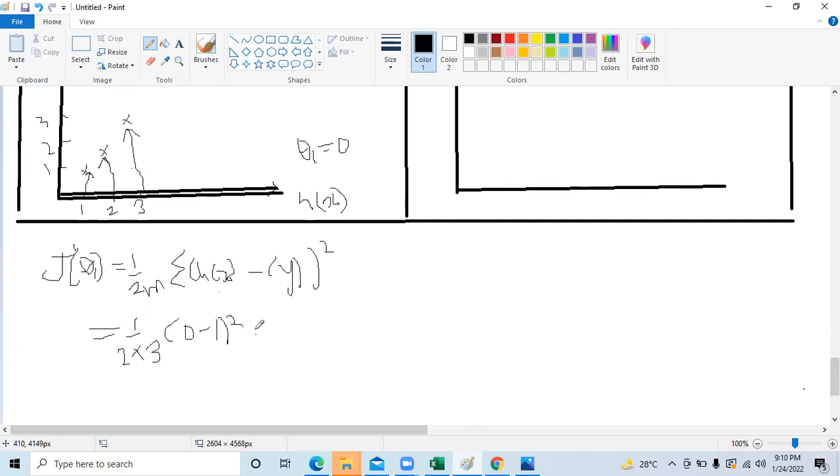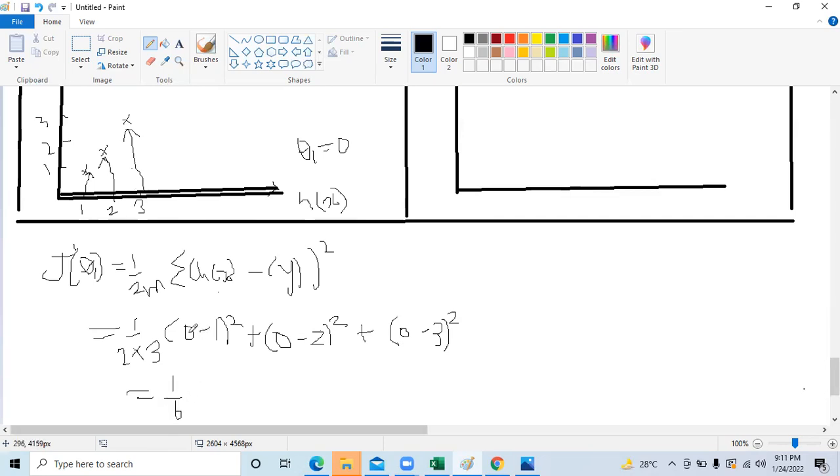Plus, h of x is 0, it's on the 0 plane, so 0 minus 2, all squared, plus h of x here is 0, it's on the 0 plane, so 0 minus 3, all squared. So this was 1/6 times